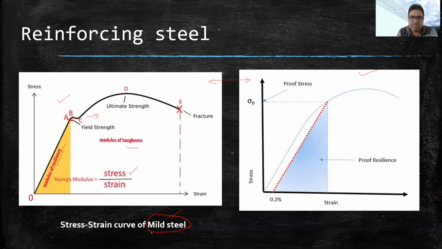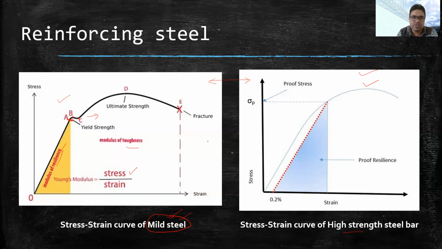In the mild steel, the carbon content is low, but if we increase the carbon content, then the property of the steel will alter, and the hardness of steel will increase, and because of that, the strength of steel will also increase. So this stress strain curve is for the high strength steel bar. Strength of steel will increase, but at the same time, when we increase carbon content, the ductility of the steel decreases.